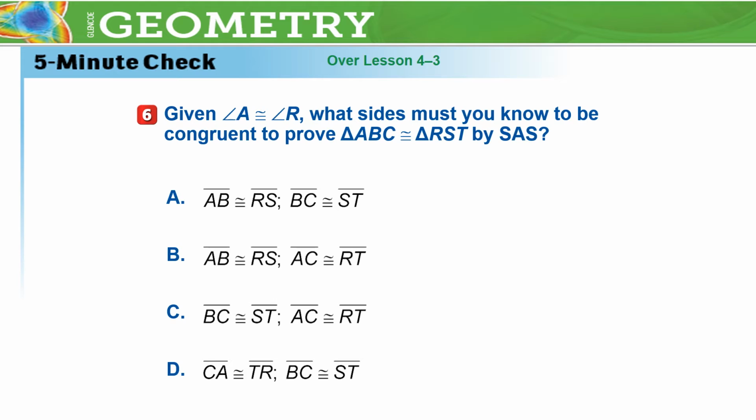Given angle A congruent to angle R, what sides must you know to be congruent to prove triangles ABC and RST by side angle side? So by side angle side, then the angle between two sides,